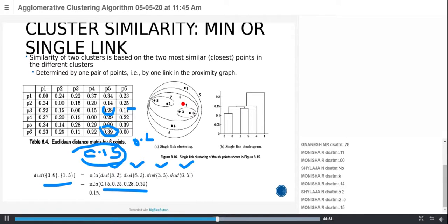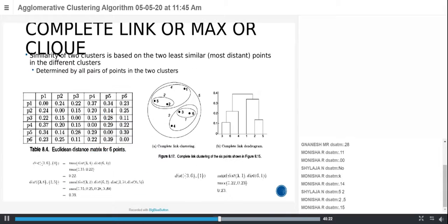Now I have to form the fourth cluster. You can easily see the distance between the third cluster and the fourth cluster is almost 0.15. So that's why this one is the fourth cluster. We have joined it with the fourth one, and the remaining is one. We are going to form a cluster with one. This is how the single link or minimum agglomerative technique works. We only consider the minimum distance in order to merge any two clusters.